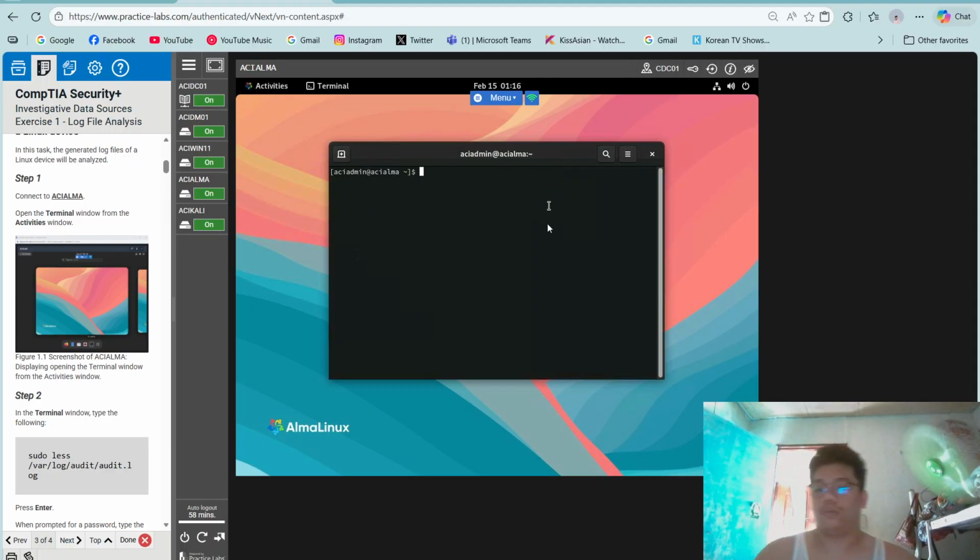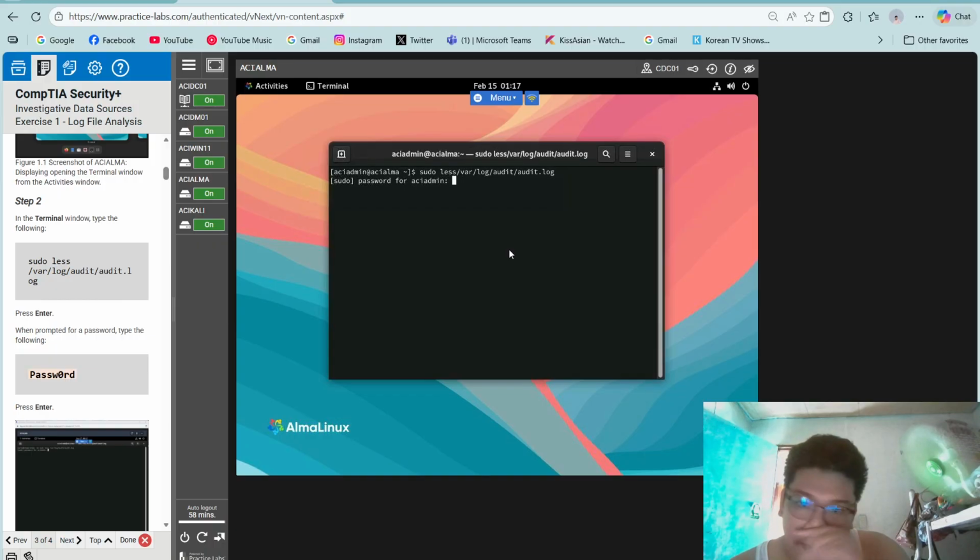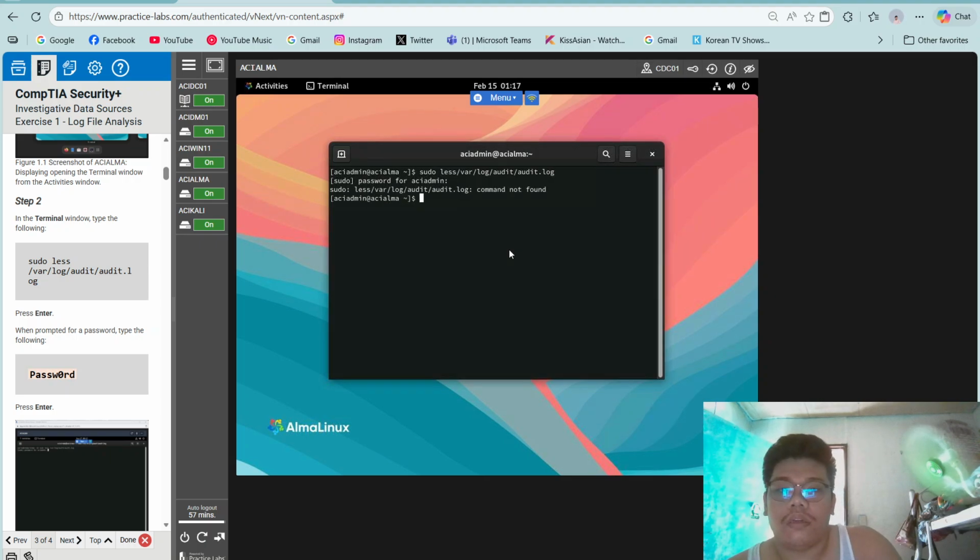Step 2, in the terminal window, type the following: sudo cat /var/log/audit/audit.log, and hit enter, and then the password. Enter.